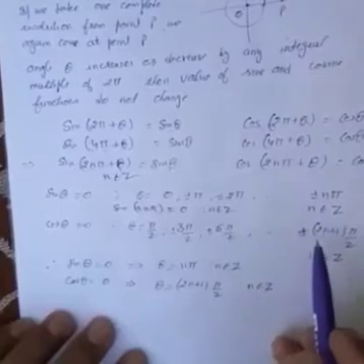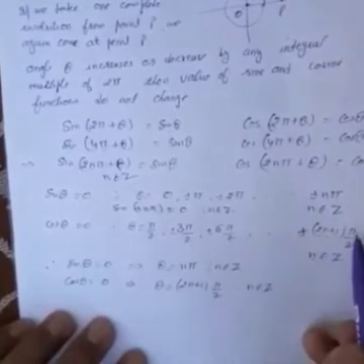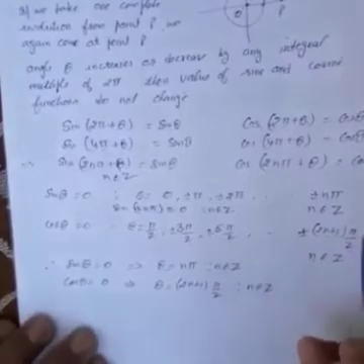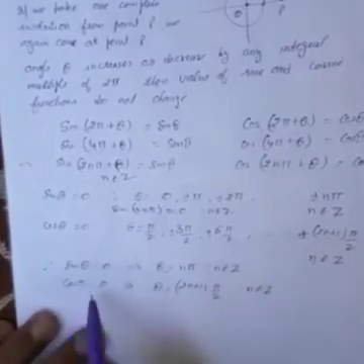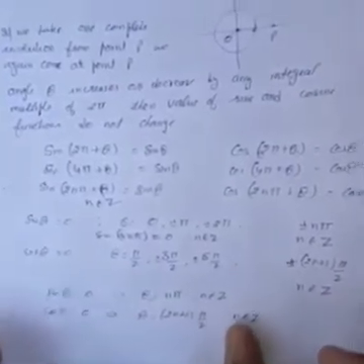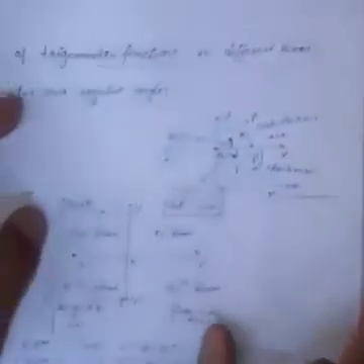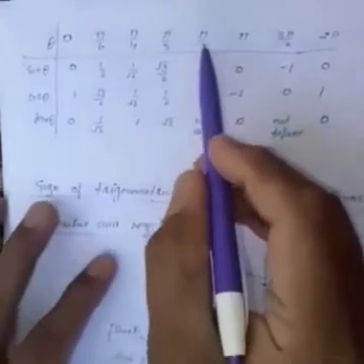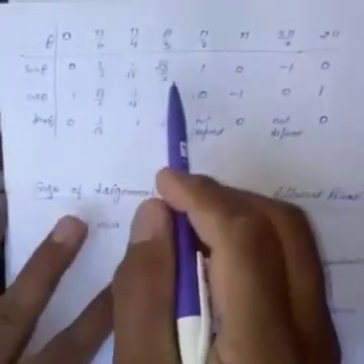It means it is odd multiples of pi by 2. It is also called odd multiples of pi by 2. So we can write these results in this way. Now the tables, we have studied these tables up to pi by 2 in the previous classes, but now you